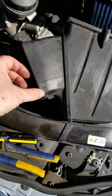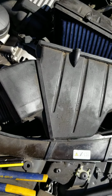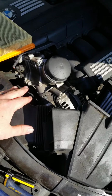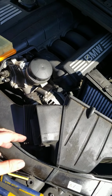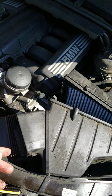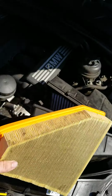There's a clip here and here on the actual air intake box that pulls air from the front kidney grills. This is an E90 328i 2011 six cylinder. But anyhow, so pulling out the old filter